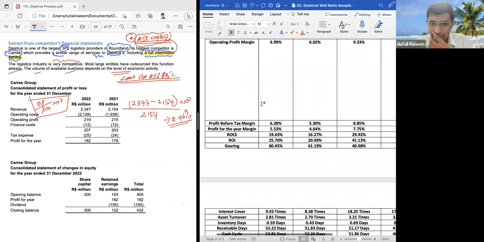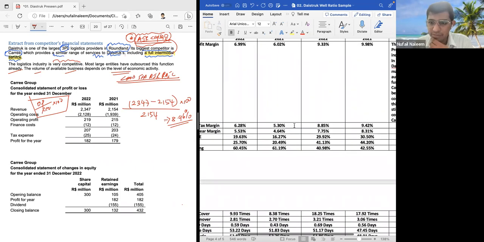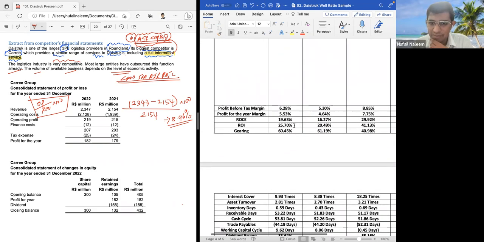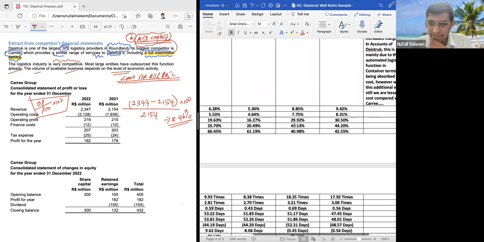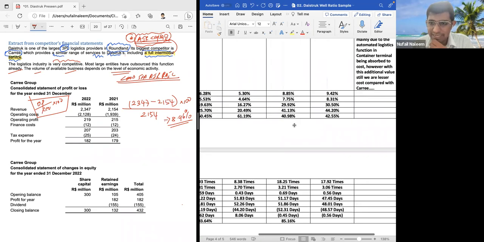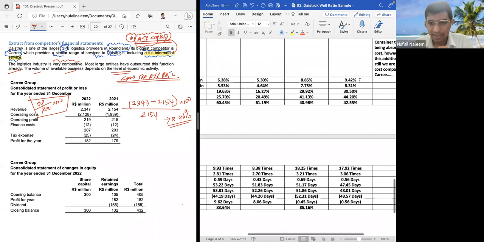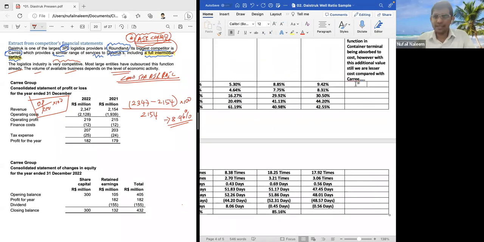Now, students, can we go to the profit before tax margin? I believe that is also clear. And even if you see the profit before tax margin, you can clearly observe the differences, students. So I will just write it down so that it will be very clear. Slight increase. So the same application goes in that, if I am not mistaken. So I'll write down here